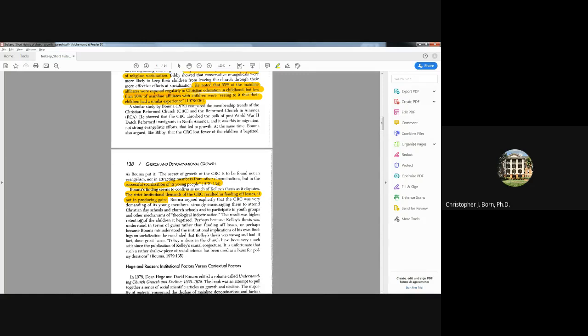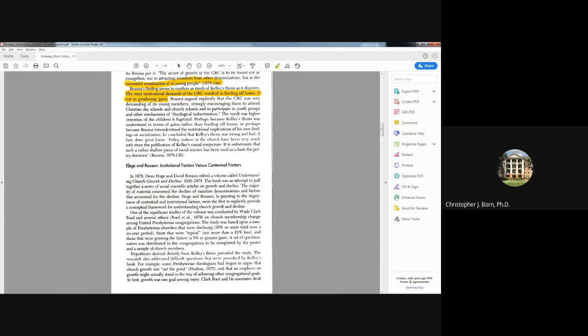So Dean Hoge and David Roozen pretty much wanted to outline the whole thing. They really tried to lay out what are the institutional factors and what are the contextual factors. They're trying to outline both of them and really question Kelley's thesis about strictness and institutional factors, and then others such as Bibby, who are focusing more on the contextual factors. So if we scroll to the next page,